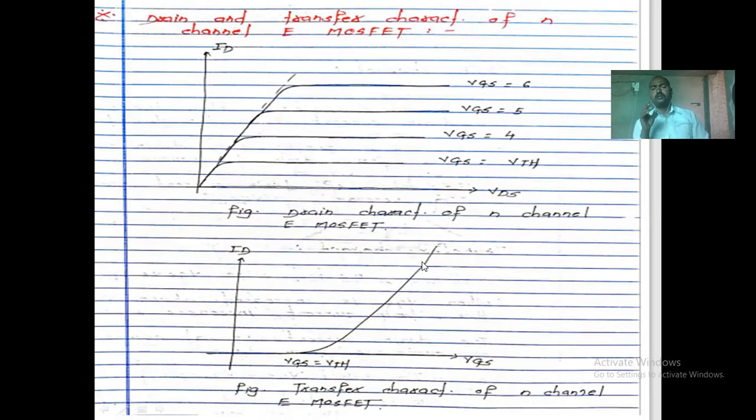That is the major difference between E MOSFET and D MOSFET. In a D MOSFET, the channel is already formed, but in enhancement, we have to enhance that particular thing. This is with respect to this type of MOSFET. Okay, did you understand the concept with respect to the enhancement type of MOSFET?